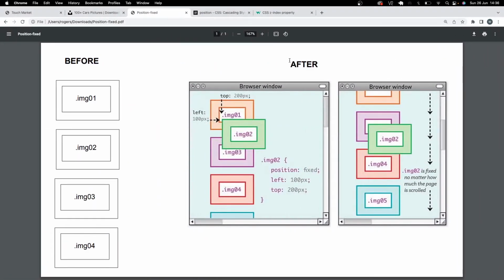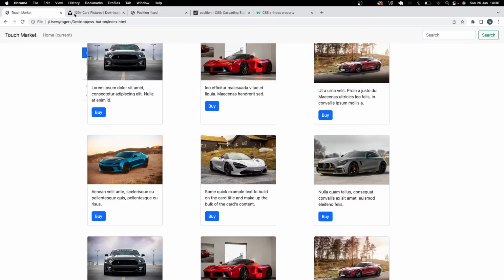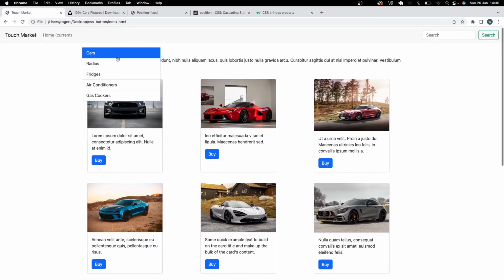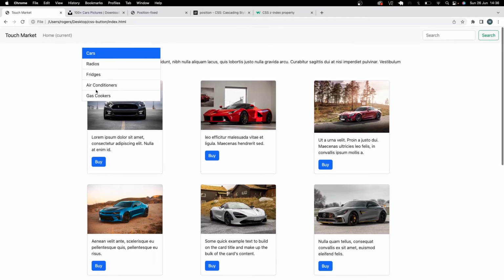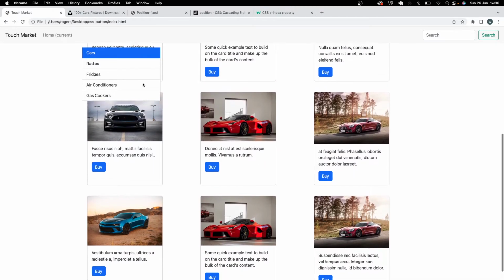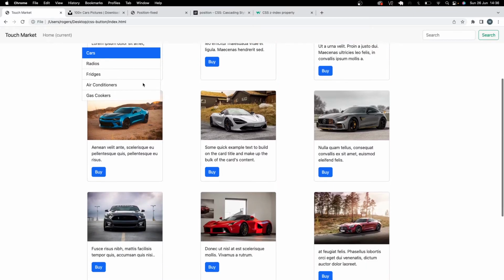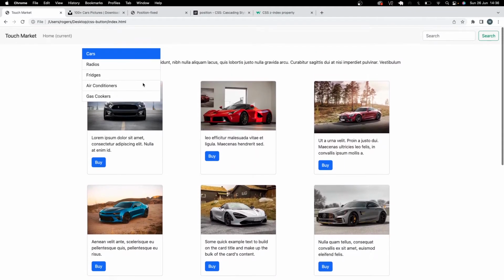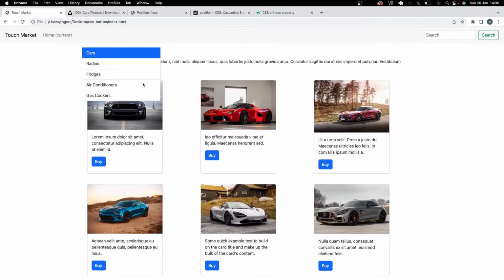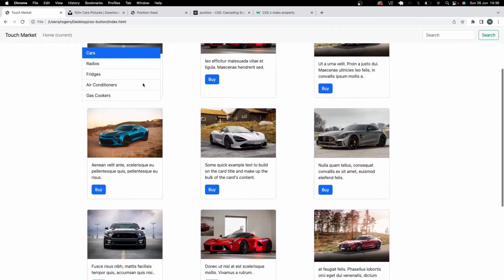So guys, jump back to my browser and then refresh the page. As you can see, the sidebar is now on top of all these other elements. Now, it's not scrolling with other elements, or it's not moving with other elements. It's now stuck in one place, which was our major goal. But as you can see,